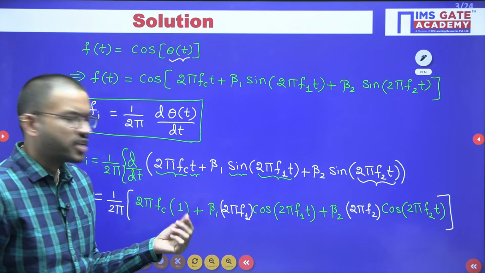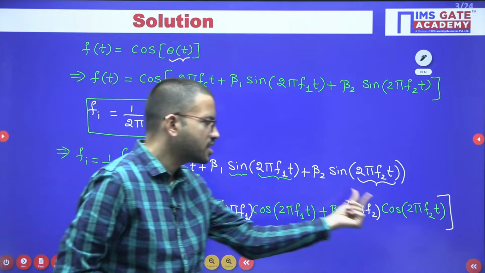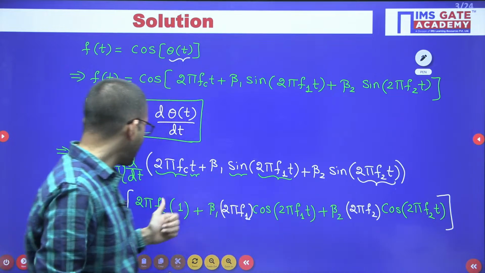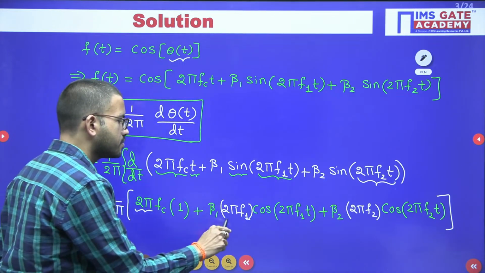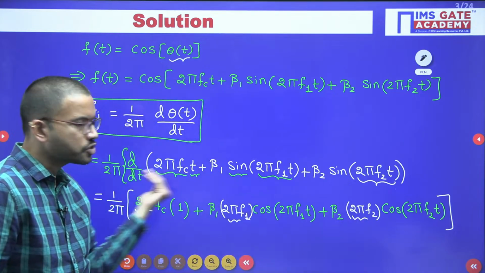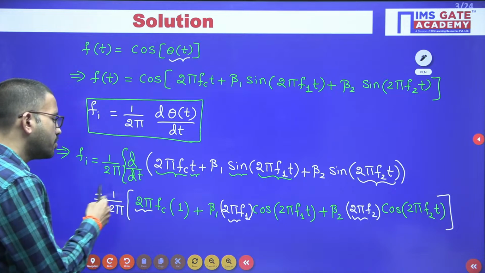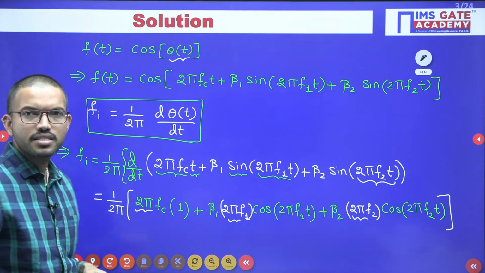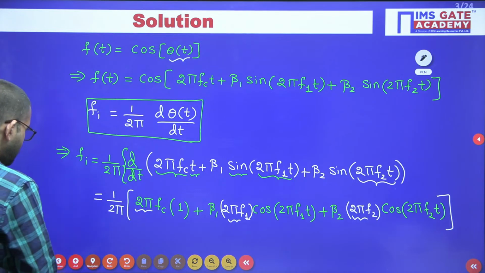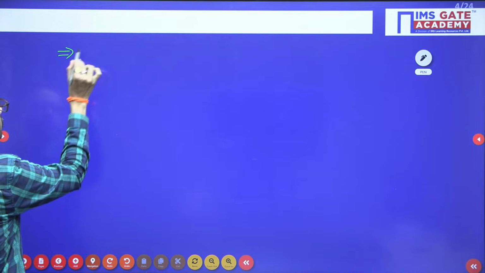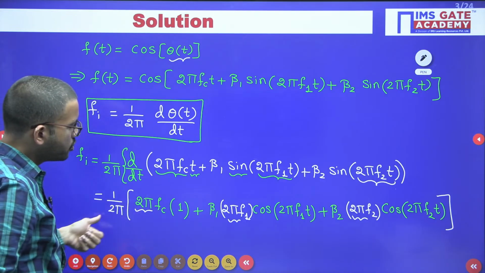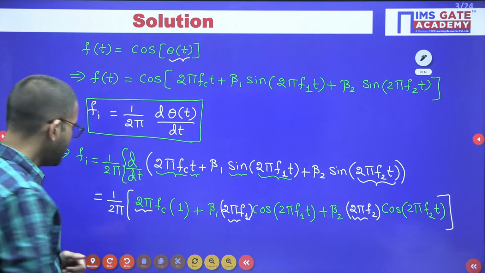Now if you observe carefully, here you are having 3 terms. In all the 3 terms you are having 2 pi as the coefficient. 2 pi is the coefficient, so we can take 2 pi as common. After that, in the denominator you are having 2 pi, so both will get cancelled. After that, you can write the simplified expression. From here, we are going to get fi equal to, here 2 pi will get cancelled, you are getting simply fc